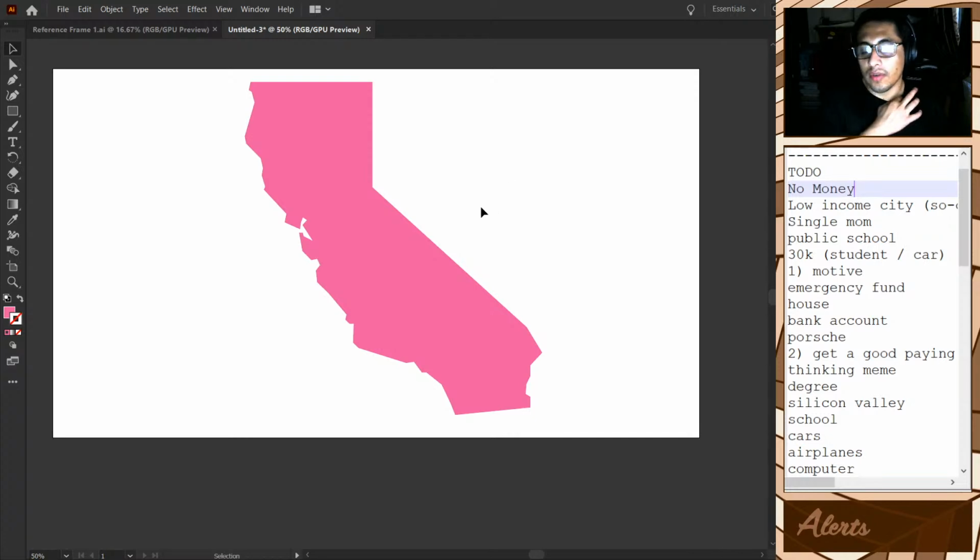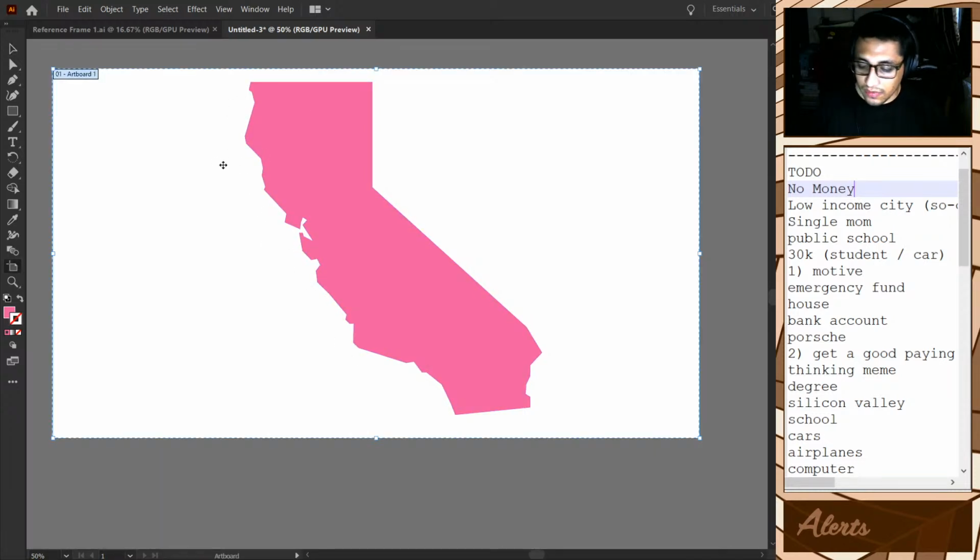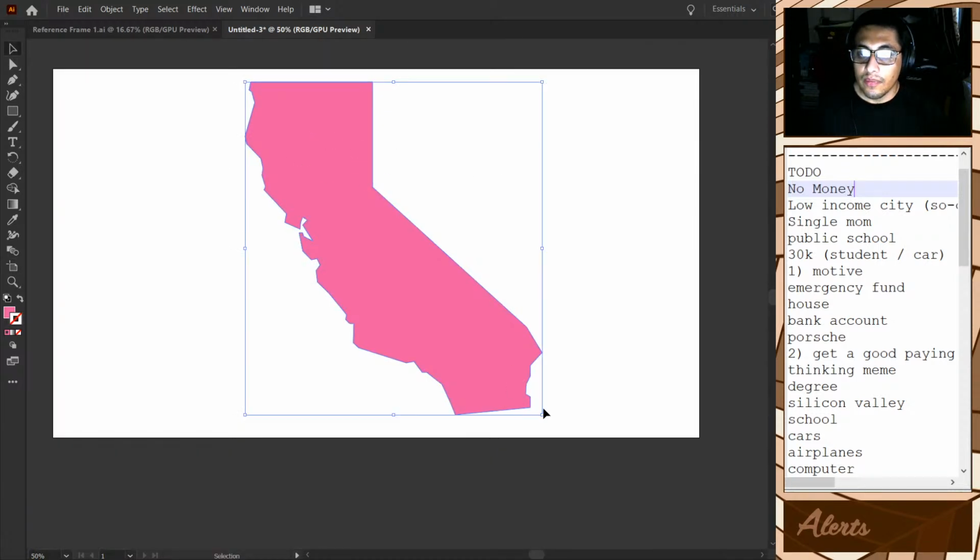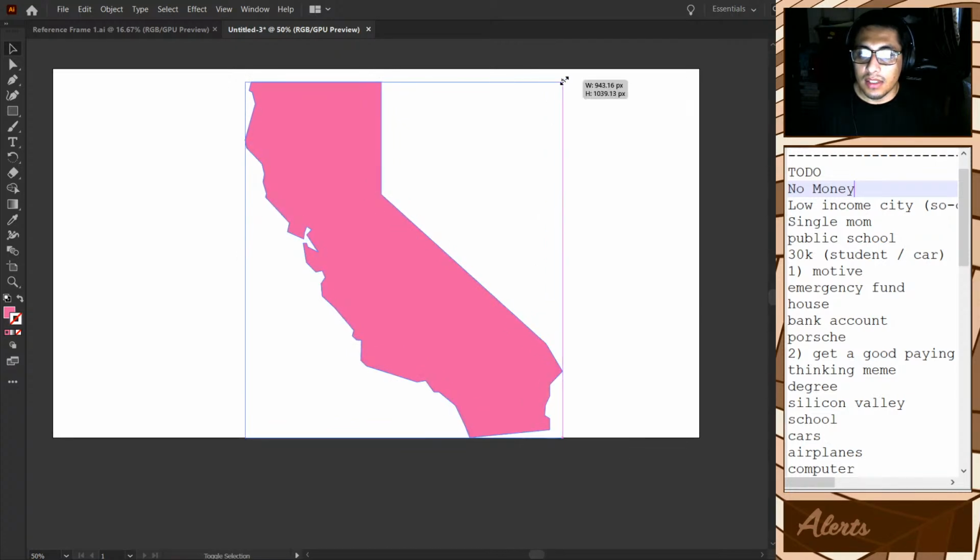Now we could come for California and then add something like a star here if we want to show where it is, but I feel like we can do that in After Effects. This again, we do Shift and O, bring up this, but first I want to size it to the right size first, 1080 as possible.